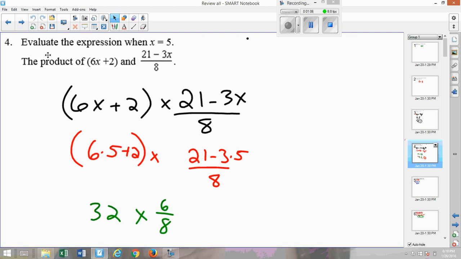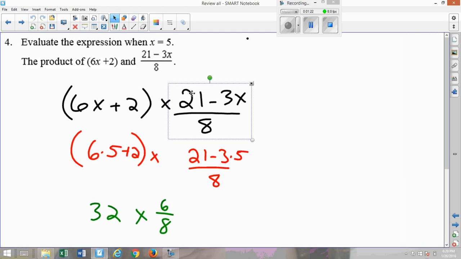Number 4, evaluate the expression when x equals 5, the product of 6x plus 2 and 21 minus 3x. Again, you're going to substitute in your values for 5. I started right off by writing out my whole expression, then I plugged in my variables. So you get 6 times 5 plus 2 times 21 minus 3 times 5 divided by 8. And I got 30, because 6 times 5 is 30, plus 2 is 32, times 21 minus 15, which is